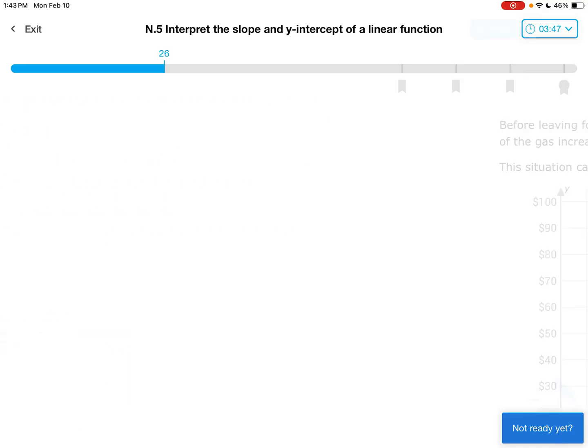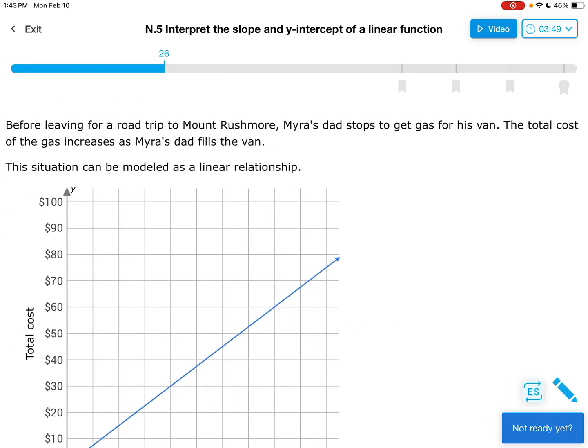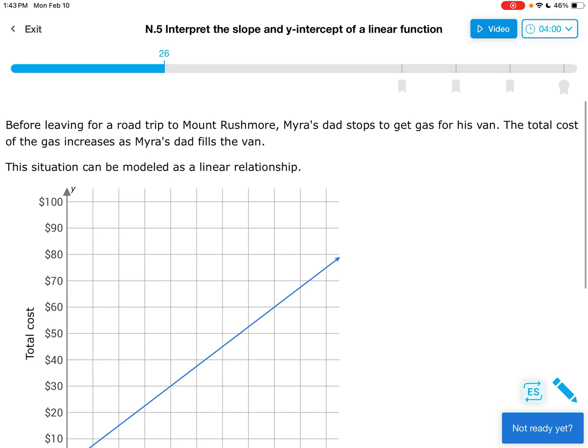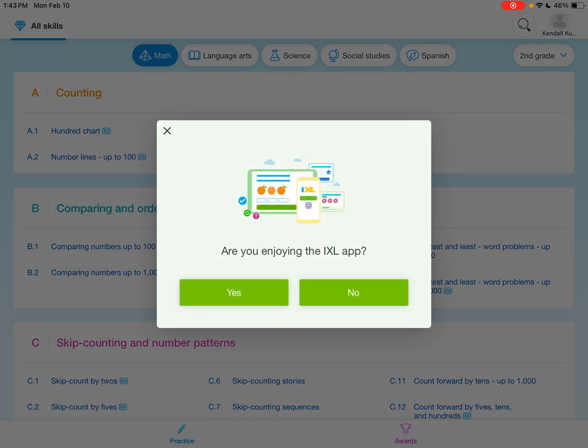Okay, so your goal is to reach 80 there. Now 90 to 100, not 80. Once you complete that, interpreting slope and y-intercept for just a linear function, you're going to search